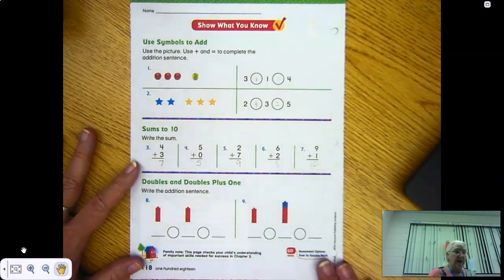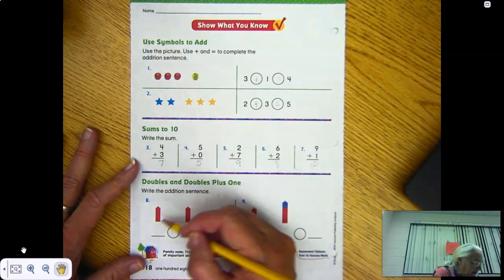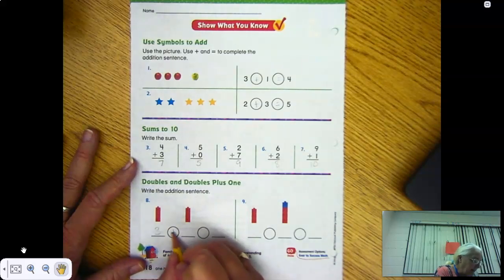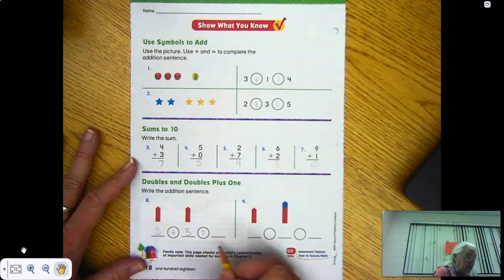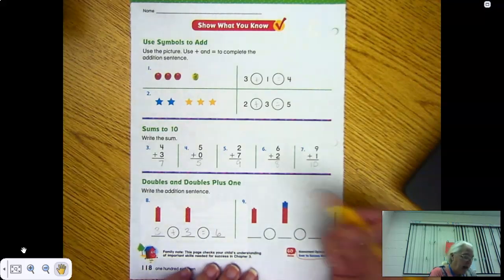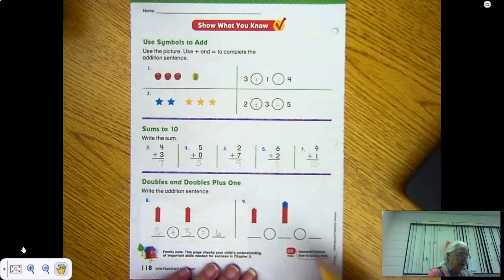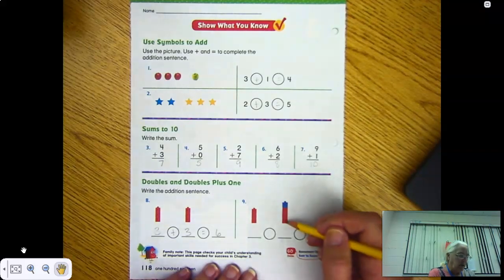Okay, so now we're going to think about doubles plus 1. Write the addition sentence. There's 1, 2, 3, and 1, 2, 3. So 3 plus 3 equals 6. And here's 1, 2, 3, and 1, 2, 3 again. Well, we know that 3 plus 3 is 6. So 3 plus